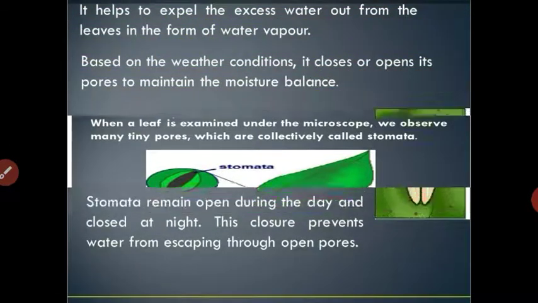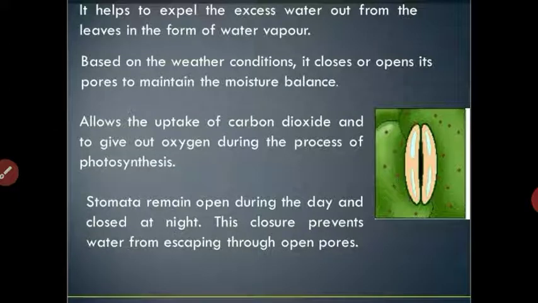See, students, this is the structure of stomata. With the help of stomata, the plant can take carbon dioxide from the atmosphere as well as water vapor, and throw out oxygen to the atmosphere. The number of stomata on the surface of leaves depends on the weather condition. When there is higher moisture and lower carbon dioxide, their number increases, meaning a better environment and a better photosynthesis rate.